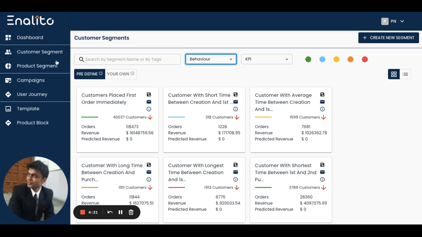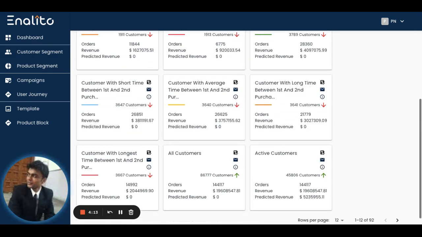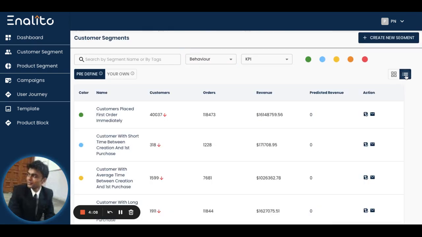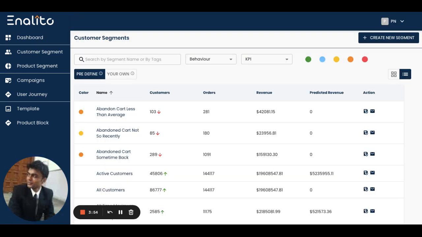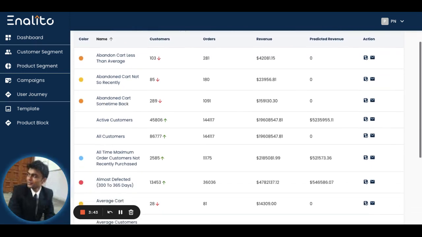As soon as you are logged into the Analyto dashboard, simply go to the customer segment section where you will be able to see the customer segment catalog. You can see this customer segment catalog in the grid view or in the list view. You can also use these customer segments to understand how many customers fall within a particular customer segment. You can arrange these customer segments on the basis of their names, so that by looking at the customer segment name you can easily understand what this customer segment is all about,